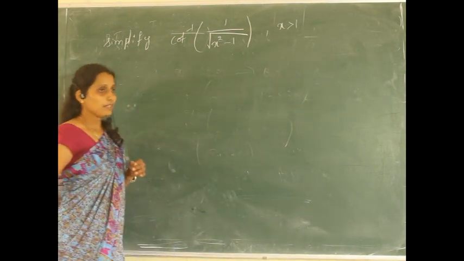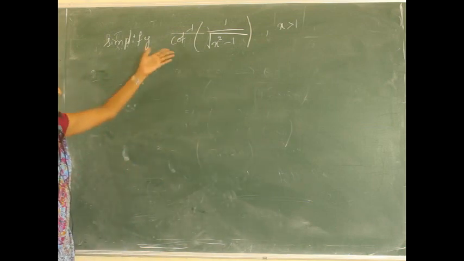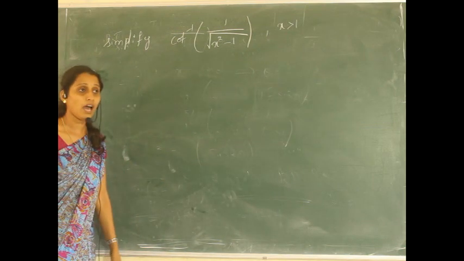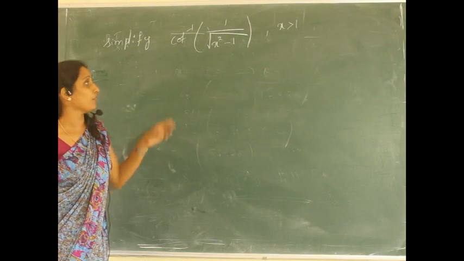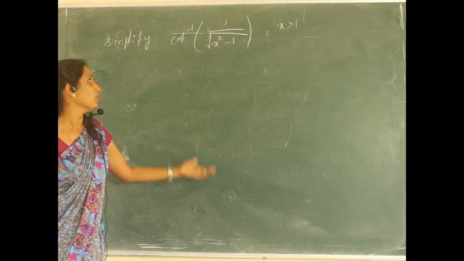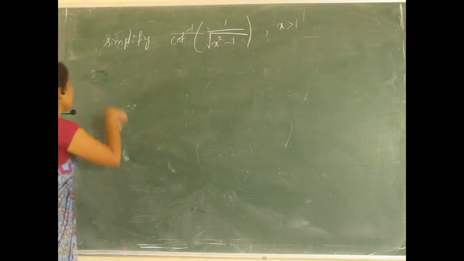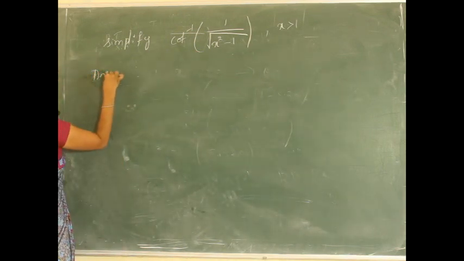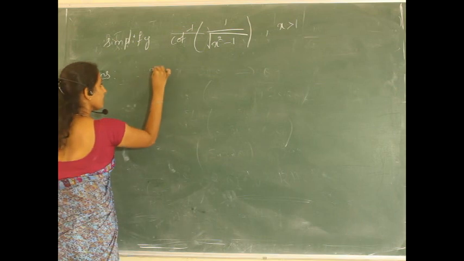To get the simplest form, we cannot directly solve root of x square minus 1. Always we have to substitute for that, then we get the simplest one. So which substitution can I make here? I'll take x is equal to